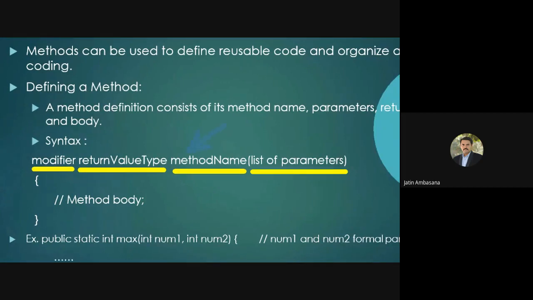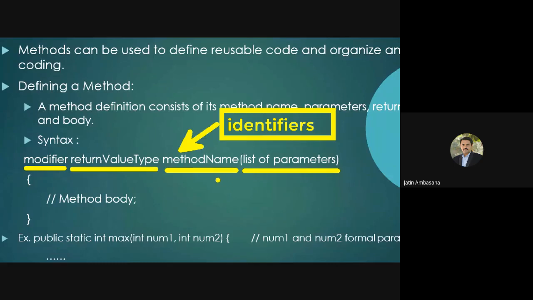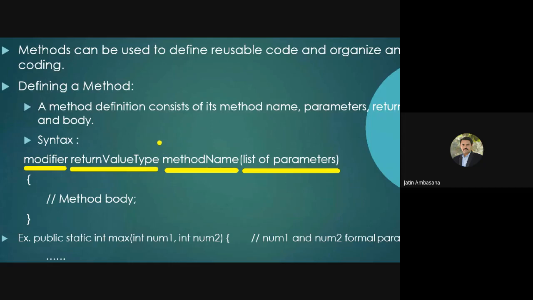Now, the method name is nothing but an identifier; we talked about identifiers, right? Whatever rules apply to identifiers apply to the method name, because a method name is an identifier used to identify the method. Mostly all the naming conventions that apply to variables are similar for methods also. The method name starts with a small case letter. Over here you can see m is small case.